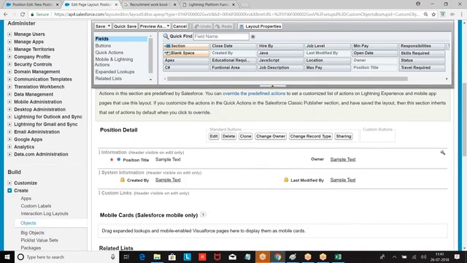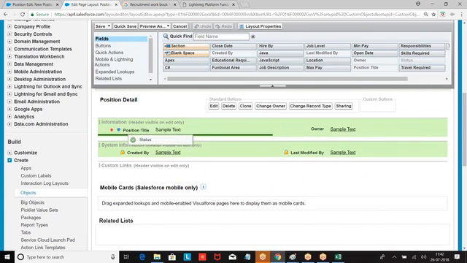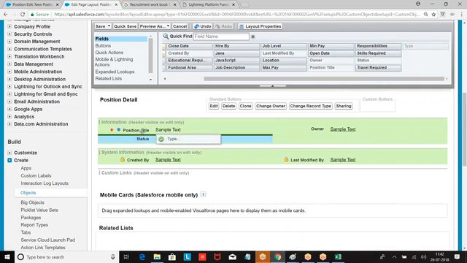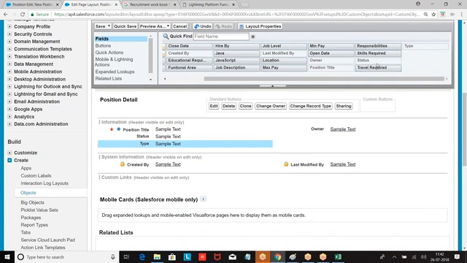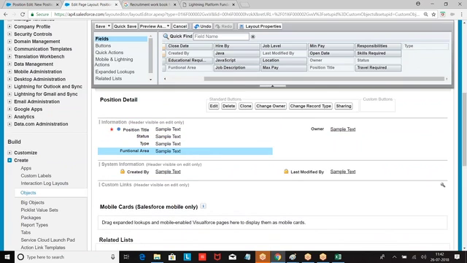Status, type, function area. Go to the status, then type, functional area. Then what else they ask you to create?